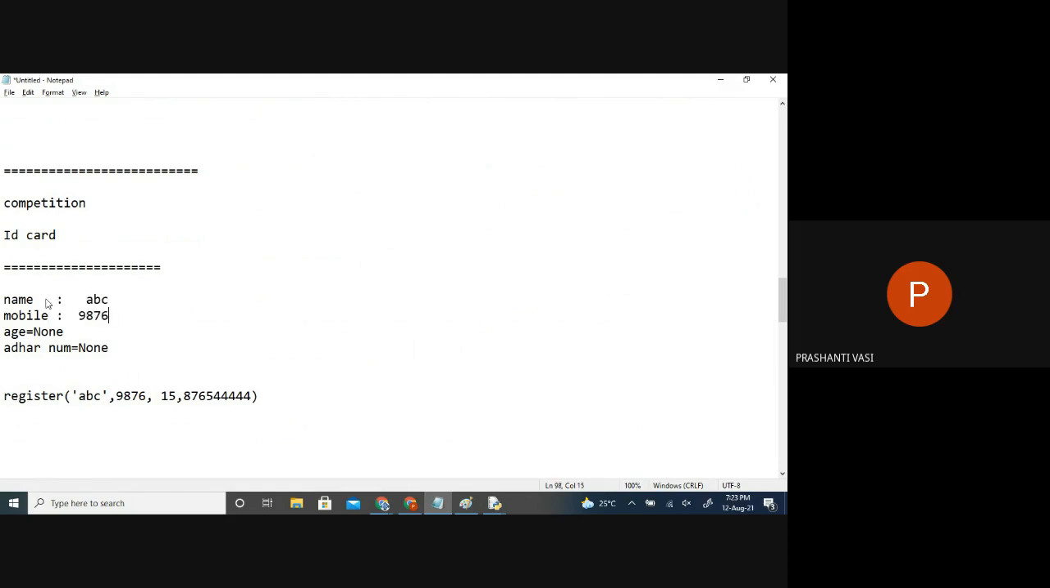Whatever you gave, the Aadhaar number is also given, the age is also given. So this None is replaced with whatever age you gave. And this Aadhaar number is also given, so it is going to do the same thing here. But those who do not register, who do not fill these other two fields,